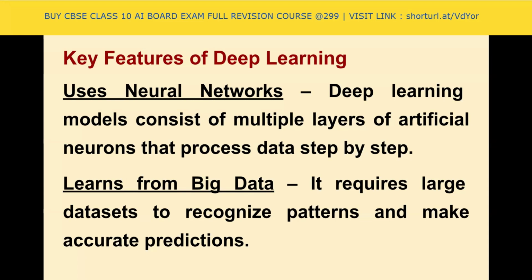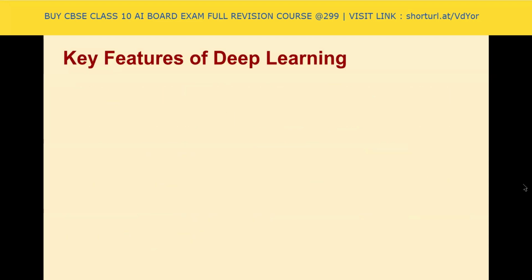Okay, so a neural network is basically a complex network of artificial neurons which process the data to provide you the results. You can simply understand it this way: instead of using a single algorithm, multiple algorithms are working together to give you the result. And obviously it learns from big data because it is not meant only for a smaller amount of data but for huge amounts of data, generally from the internet. So it can give better predictions.